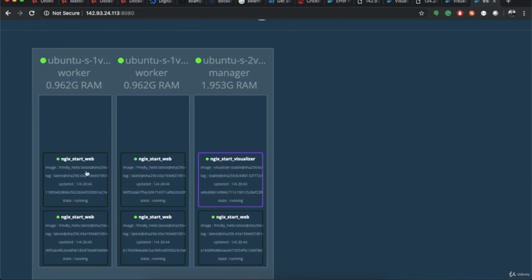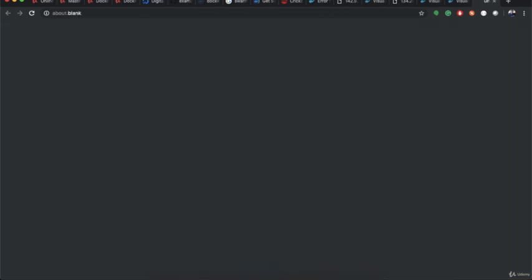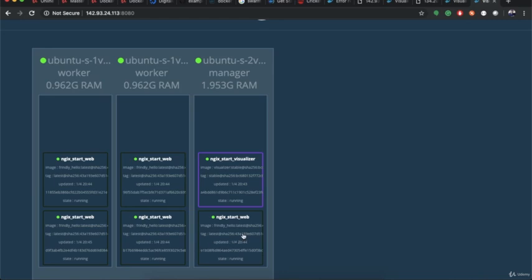These 5 containers displayed with a green border, this one, this one, this one, this one, and this one, are the nginx web containers. And the other container in the purple border, see, this is the container running for the visualizer. So we get different color codes for different types of containers as well. With the help of the visualizer, you can identify how many containers are running inside your docker swarm. So this is the benefit of the visualizer.